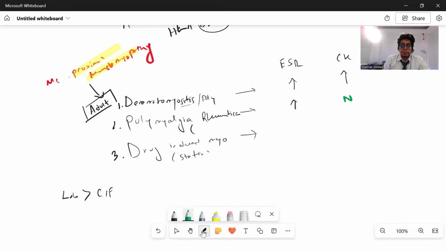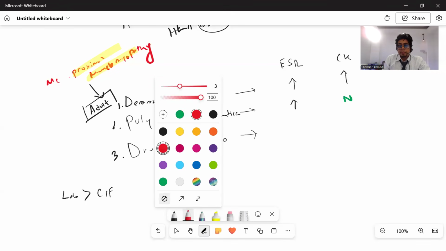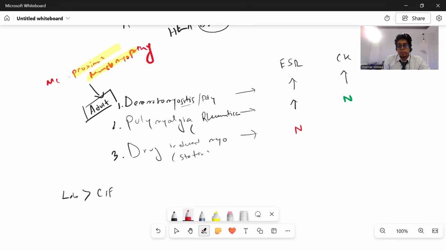Next one is drug-induced, and in this drug-induced one, ESR is also normal and the CK is also normal because it's a drug-induced, not a typical inflammatory one. So this brings us to the point that in dermatomyositis and polymyositis, ESR and CK are raised. Polymyalgia rheumatica, only ESR raised, and drug-induced myositis, both of them stay normal. With this note, there will be so many AMC questions, a 5-star, it will be tested again and again and again. Is it clear, my dear?